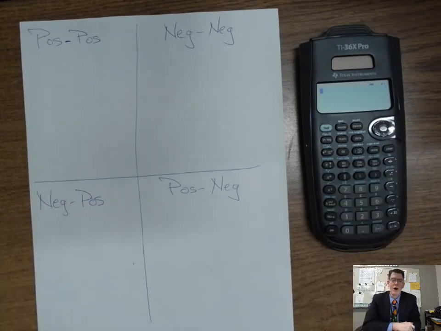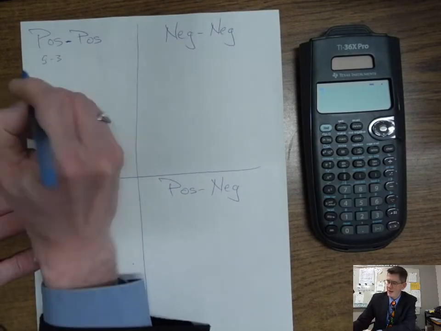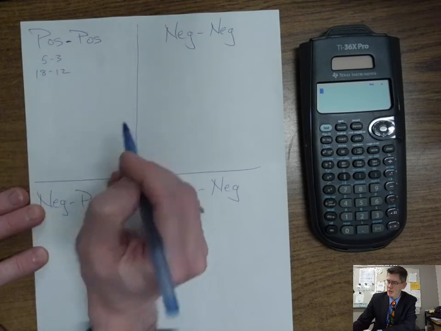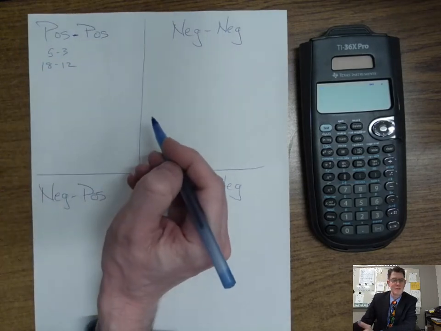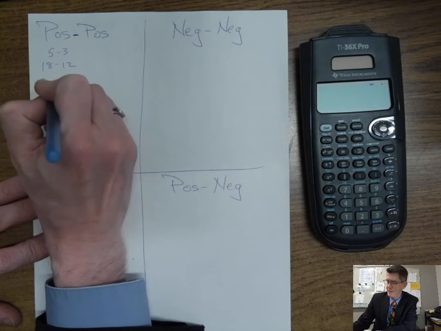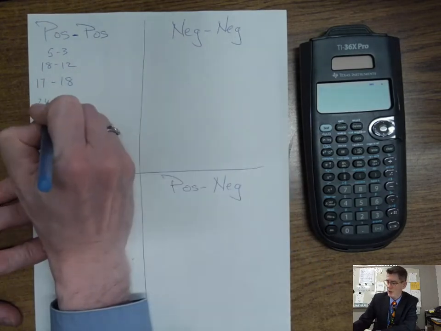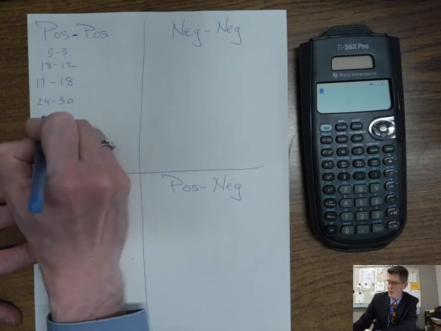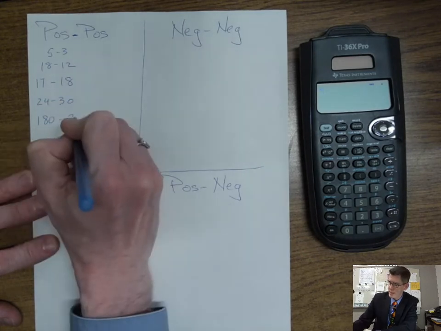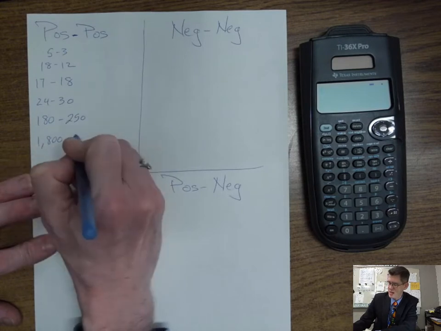All right, here we go. So what if you got a positive number minus a positive number? What if you've got something like 5 minus 3 or 18 minus 12? I'm kind of teasing you, of course. You've seen stuff like this before. 17 minus 18. 24 minus 30. 180 minus 250. 1,800 minus